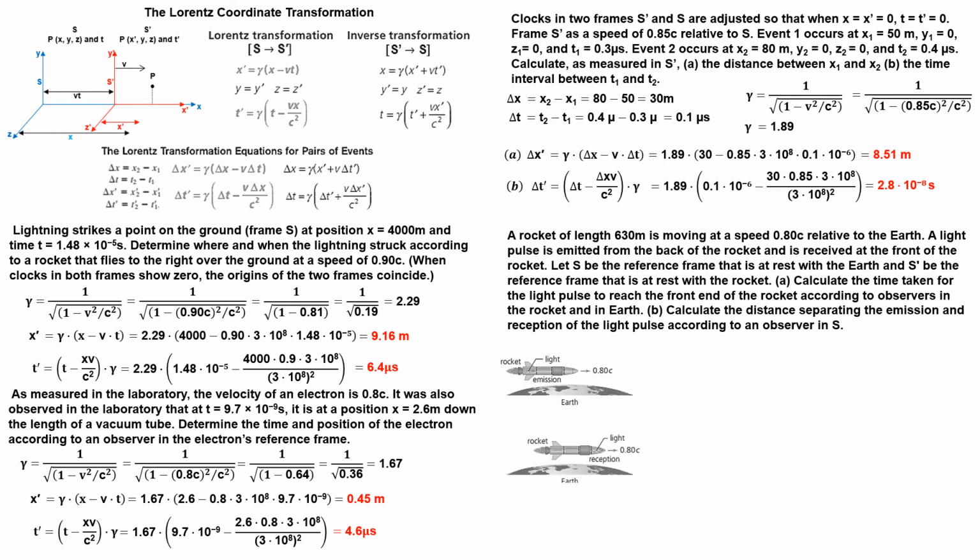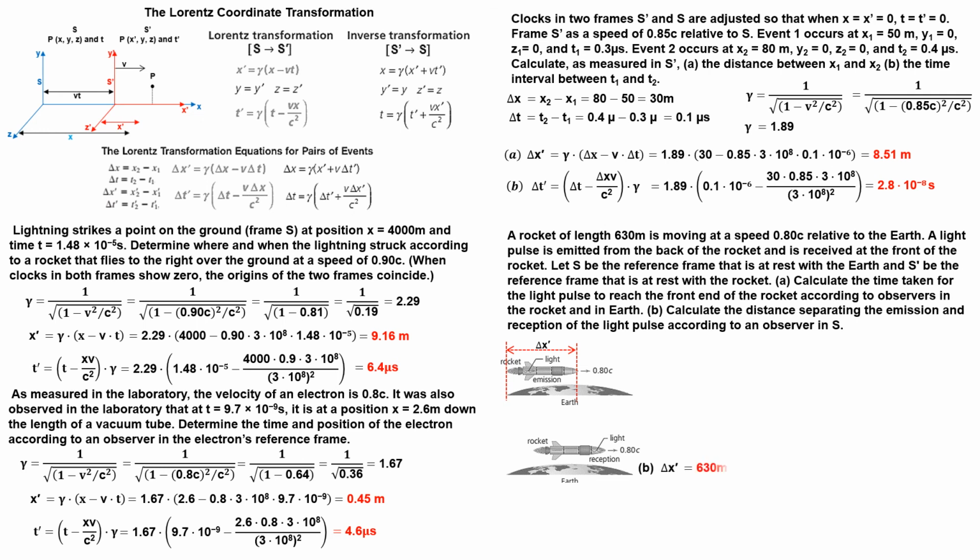Event 1 is the emission of the light pulse. Event 2 is the arrival of the light pulse at the front of the rocket. Clearly, the distance separating the emission and reception of the light pulse according to an observer in S' is the length of the rocket,